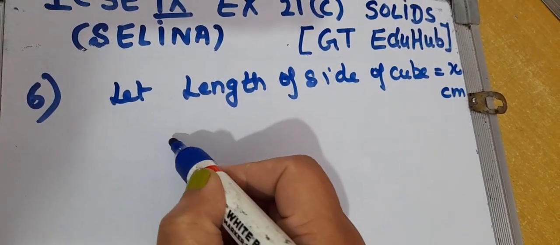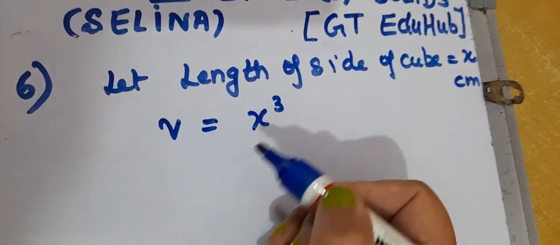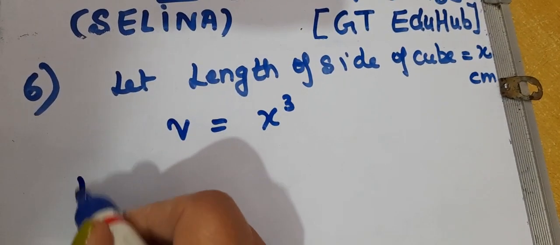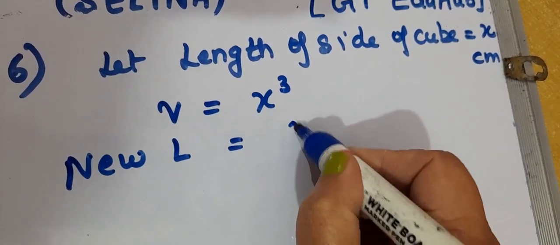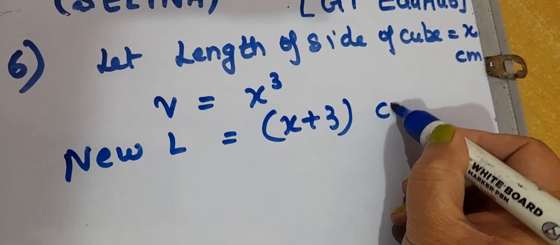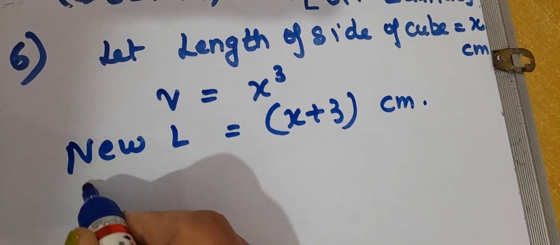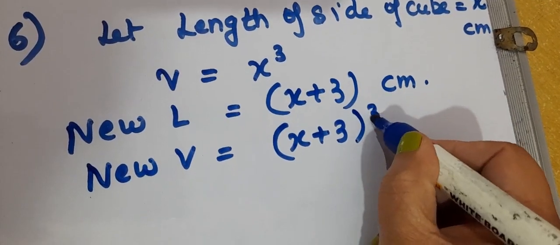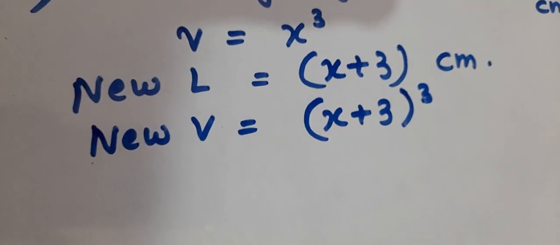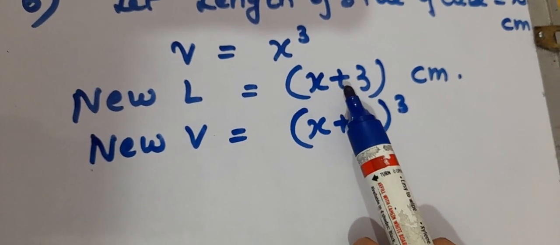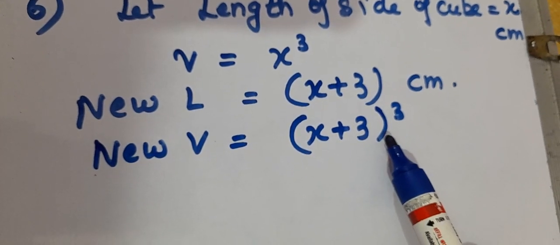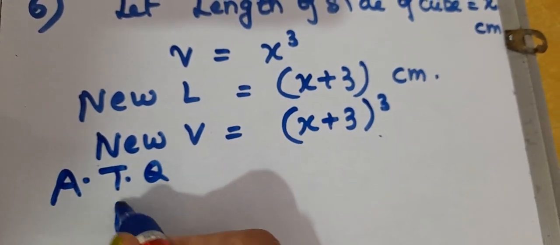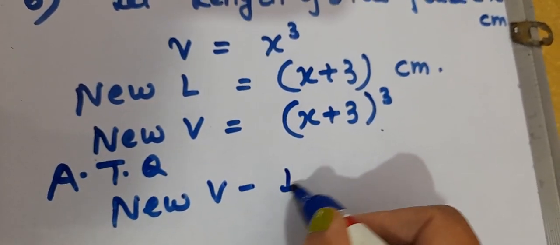Now what will be its volume? Volume will be x cube according to formula. Now we are given information if length is increased by 3 centimeter. So new length will be x plus 3 centimeter. And new volume will be x plus 3 whole cube. Now it is given in the question that if side is increased by 3, volume is increased by 2457 centimeter cube. So according to question, new volume minus initial volume